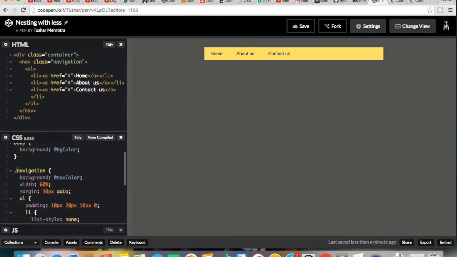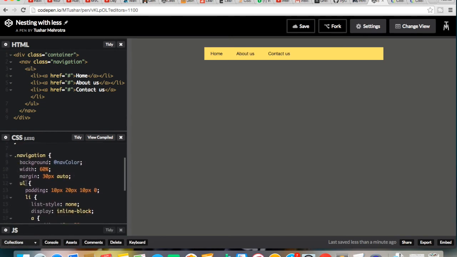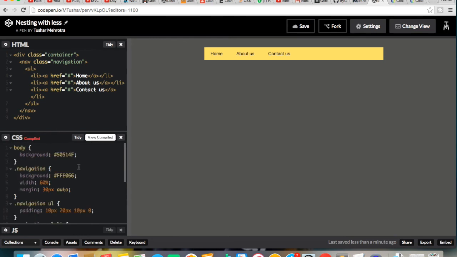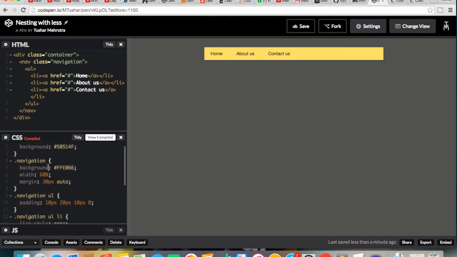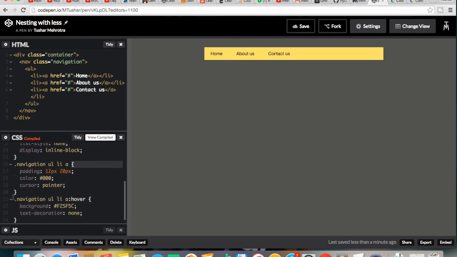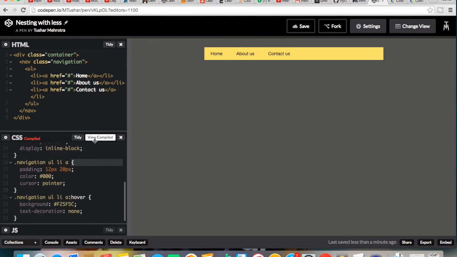So what we have done is, we started with navigation, then we went to UL, which is wrapped inside the navigation. It means include the style of UL inside the navigation style, and include the list inside the UL styles. If you want, you can directly move li outside UL but inside navigation. It's up to you. If you see the compiled version in CSS, it is something like this: navigation UL, navigation UL li, because li is inside UL and UL is inside navigation. Similarly it works for navigation UL li a and navigation UL li a:hover. So it's all like that.